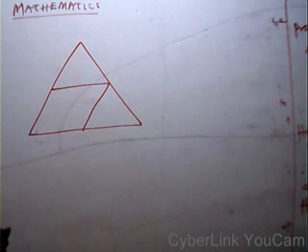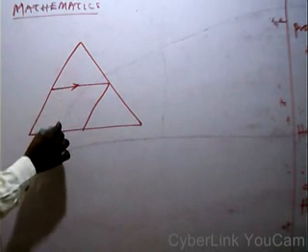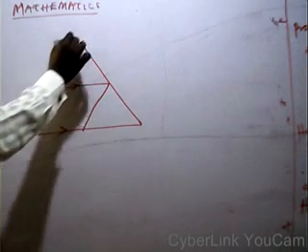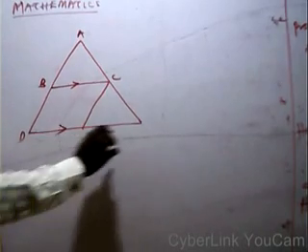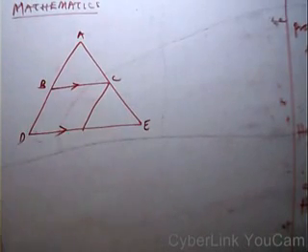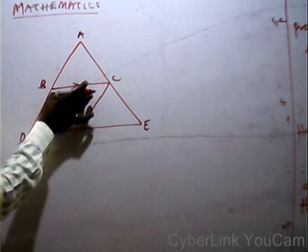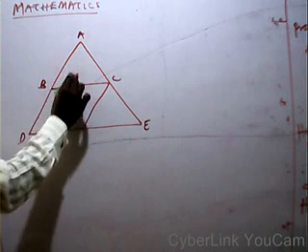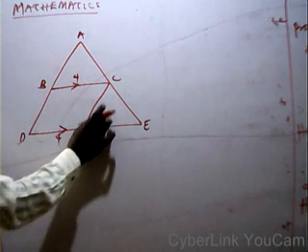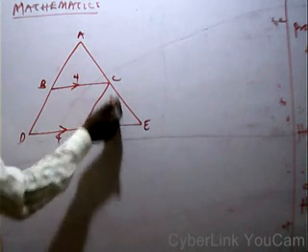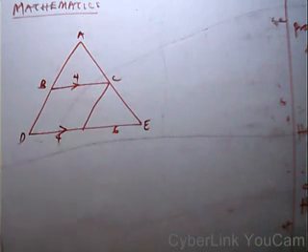So this one is now parallel to this. Let's say we have A, B, C, D, E. Now, look at this. If this one is given, let's say this one is 4, automatically this one becomes 4. If this side is not given on its own, let's say maybe you have 6 here,